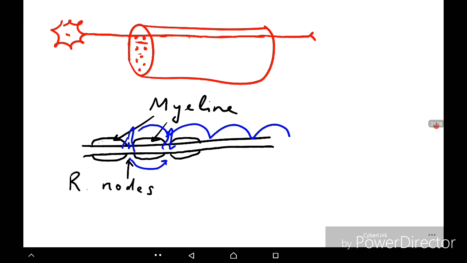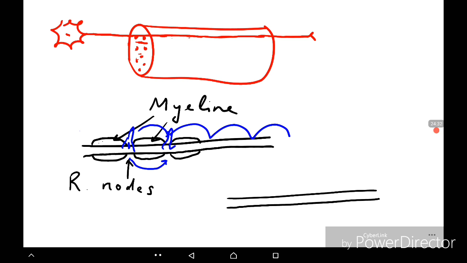So action potential jumps in that type of nerve fiber from one Ranvier node to another, and that's why the velocity of excitation conduction is many times higher in myelinated nerve fibers in comparison with unmyelinated,